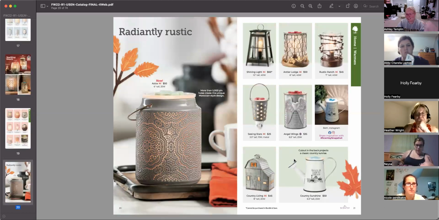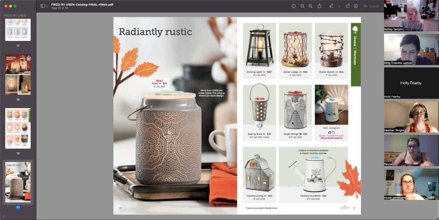Next is Radiantly Rustic. Another design element that we have not seen wane is the farmhousey rustic feel. We are starting to see more and more people go more towards modern farmhousey, which is more like your Shining Light warmer here, where it has a lot of metal elements versus that just rustic, like what you would see in Antler Lodge or Prairie Pitcher. We're starting to see a wane on the Rae Dunn stuff. Starting to see people stepping a little further away from the Rae Dunn stuff and more towards